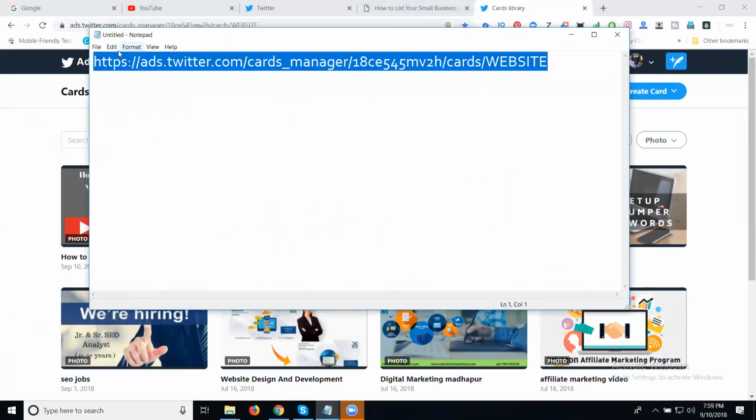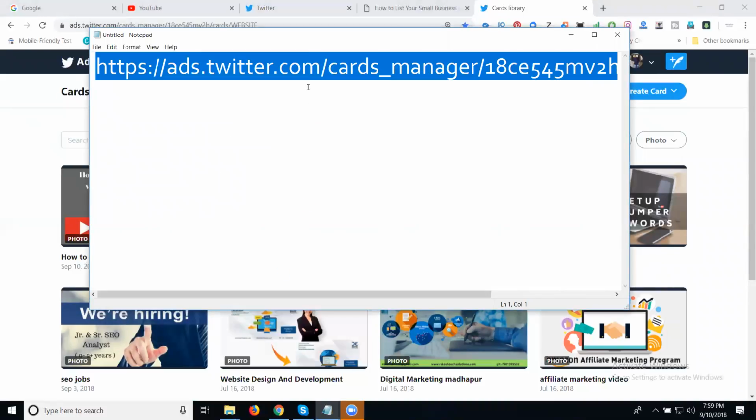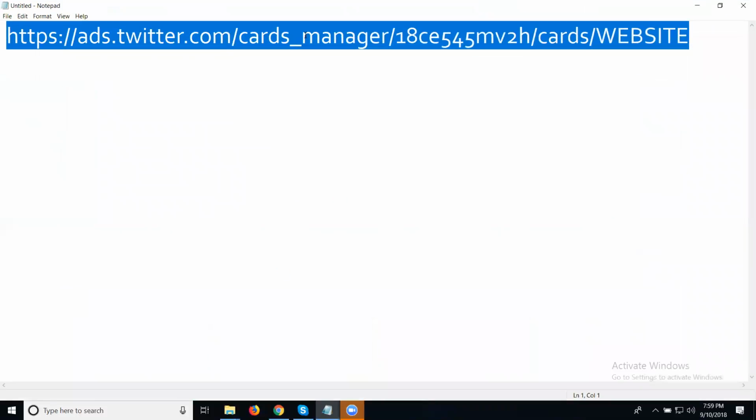Please write it down. I'm increasing the font, wait for a second. Don't forget this URL. Please write the URL: ads.twitter.com/cards underscore manager